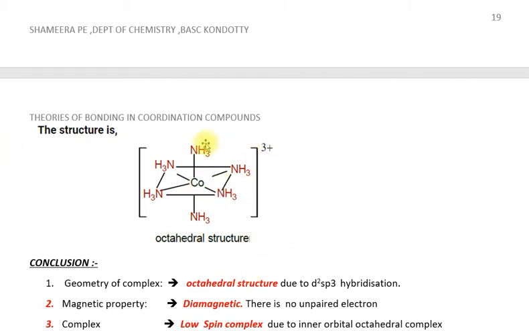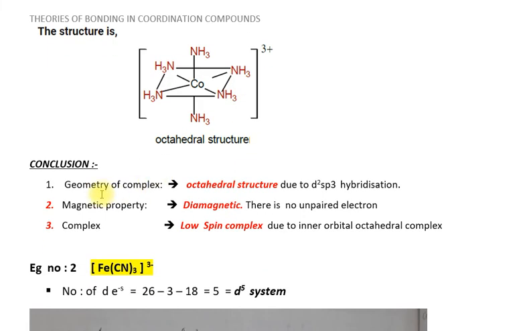Co is connected with the 6 NH3, and the conclusion is given: the geometry of the complex is octahedral due to D2sp3, and since there is no unpaired electron, its magnetic property is diamagnetic, and it is a low spin complex due to the inner orbital octahedral complex. So this is the first example of the inner orbital complex. The other example is